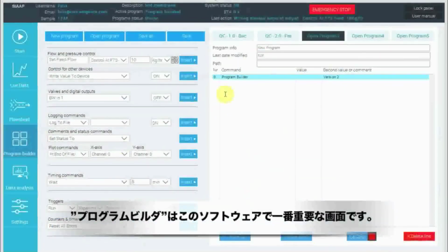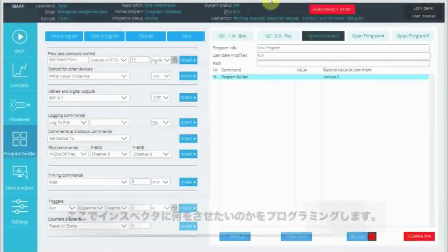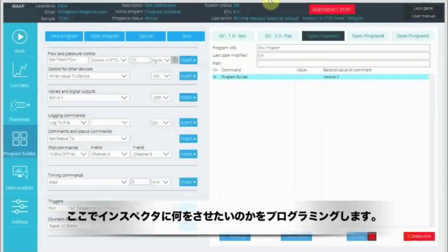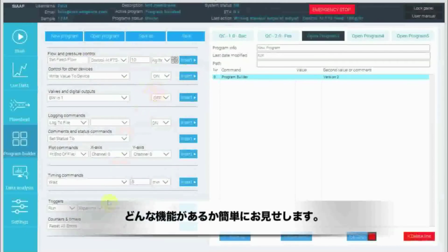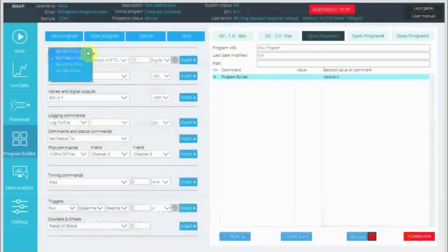So the program builder tab of the software is the most important feature in our software, and here you can make your own test script. So the idea is that you can tell the software what it has to do and in which order. And to quickly go through which features are available,